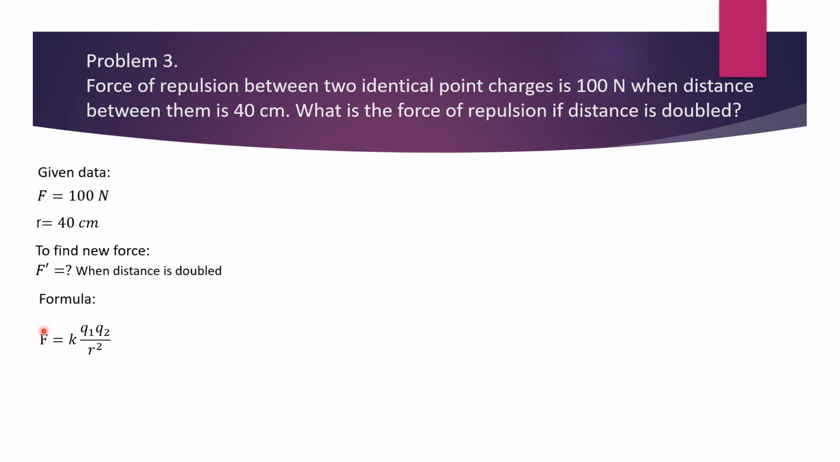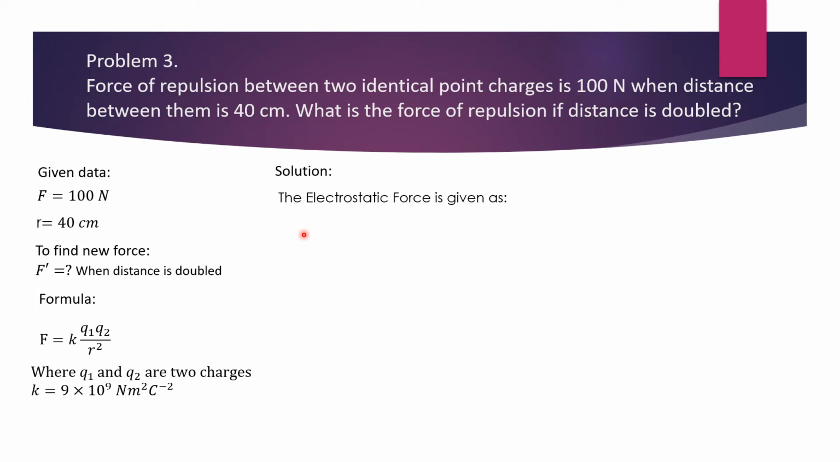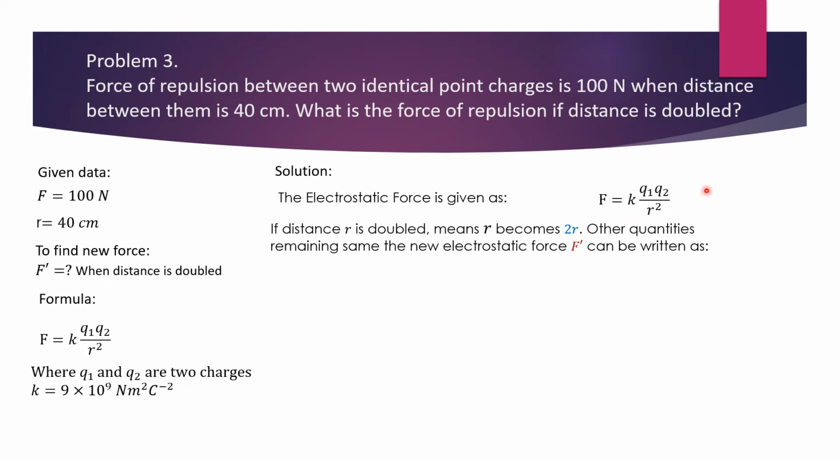Now the formula is F is equal to K Q1 Q2 over R square, where Q1 and Q2 are two charges. K is the Coulomb's constant, which is 9 into 10 power 9 Newton meter square per coulomb square. Now the solution to the problem is, since the electrostatic force is given as F is equal to K Q1 Q2 over R square,